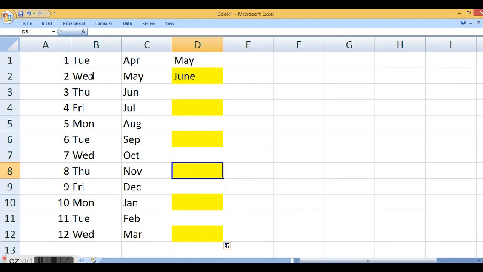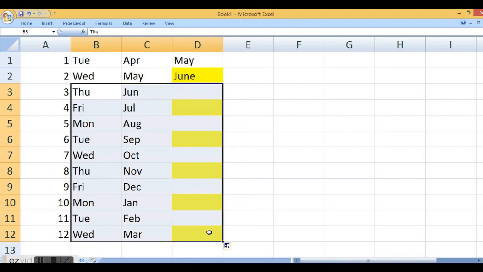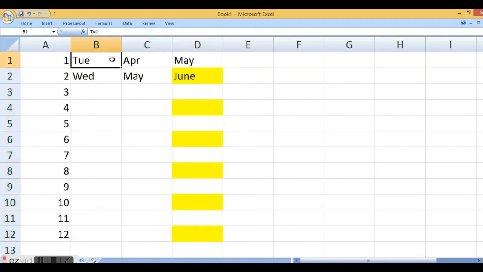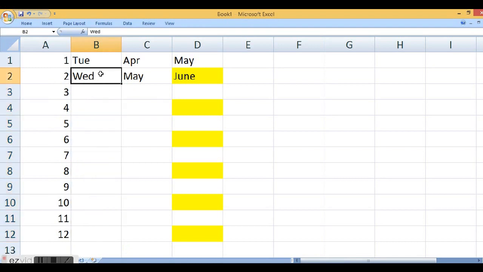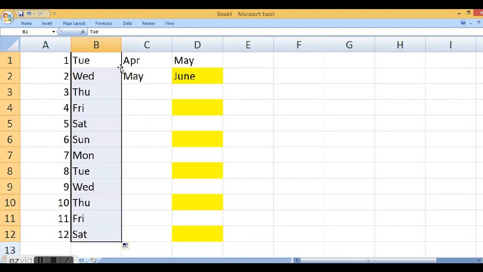Another important thing: every time, there is no need to drag down with your mouse. Once you have entered the data on the left side, it is easy to fill the data. First enter the first data, go to the fill handle and double click on it. The moment you double click, Excel understands that you want to fill the data down. It tracks how many numbers are entered on the left side and enters the series to the same length.